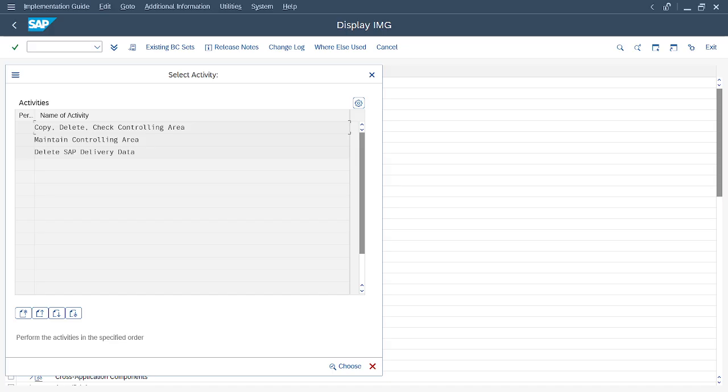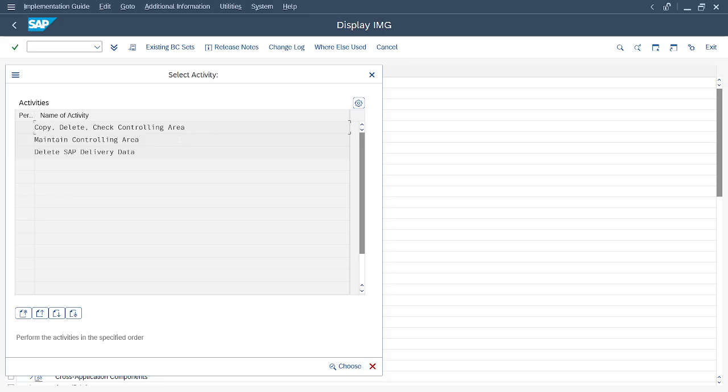Sometimes, for example, in a particular company code you are using a controlling area, and you want the same thing for other company codes as well, of your particular client. The client here means the company. You want other company codes to have the same controlling area which you have in the earlier company codes. For that you can copy the earlier one.